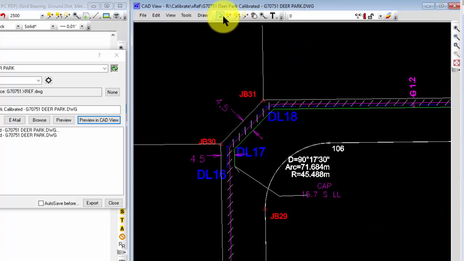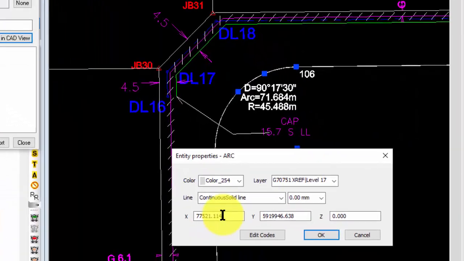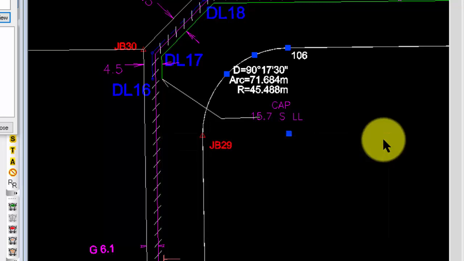And let's do the same thing we did earlier. So now I'm going to select that arc, go to Properties. And if I zoom in on this, here's my 521.114 for the X and 946.638 for the Y. So I have the same exact coordinate system for this CAD file that the original XREF had. So I can work with one coordinate system in my survey, and I can send a CAD file back